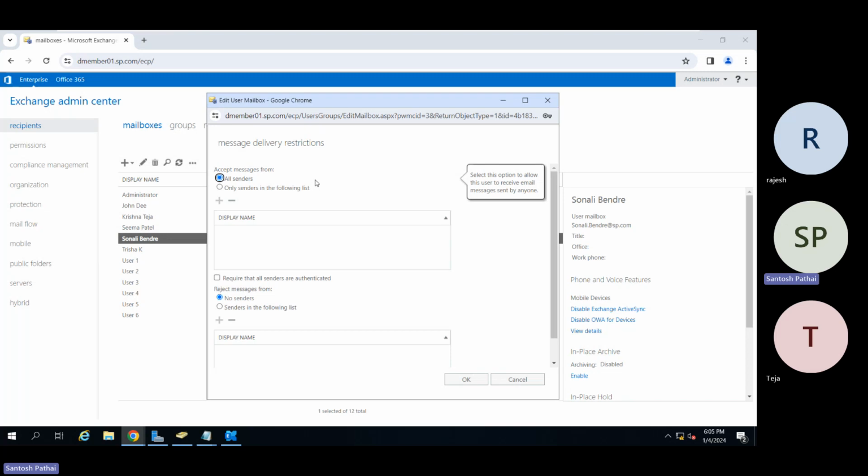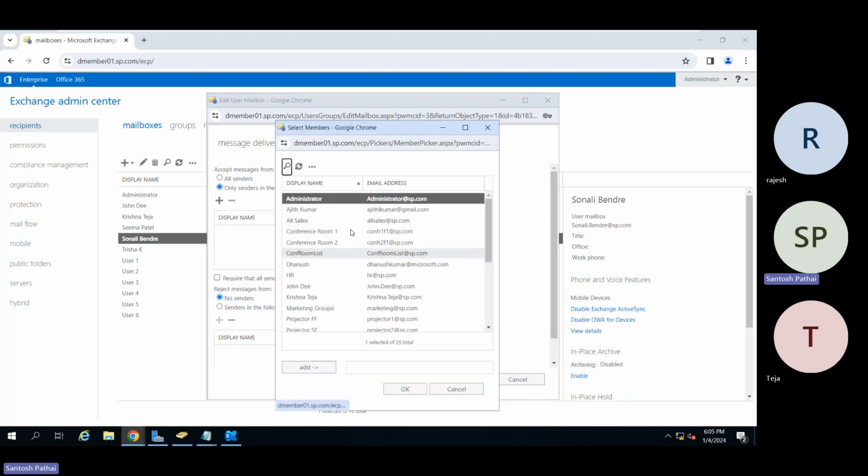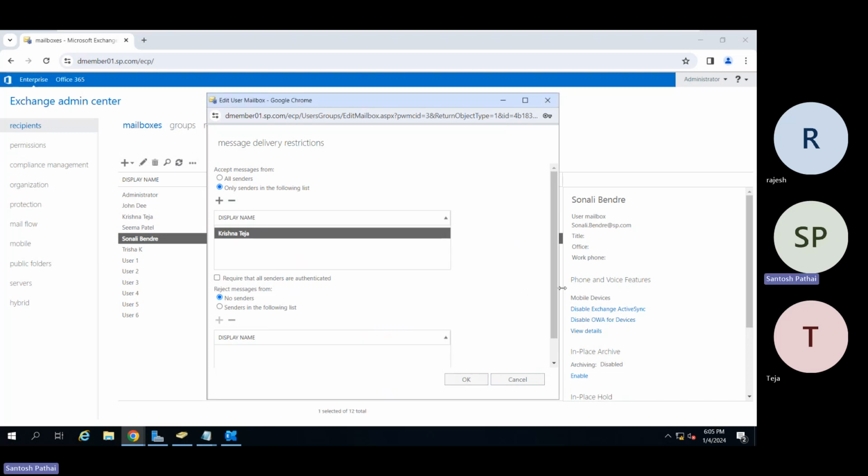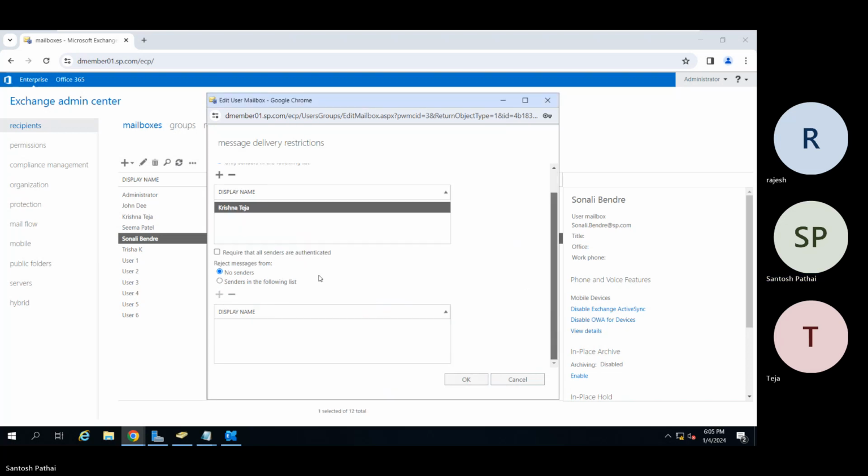By default, it is all senders. Or we can specify only senders in the following list. So we can click on the plus icon and we can define the senders from whom Sonali can receive the message. So we'll say Sonali can receive message from Krishna only. And reject messages from. So if we want that she should not be able to receive message from any other user,